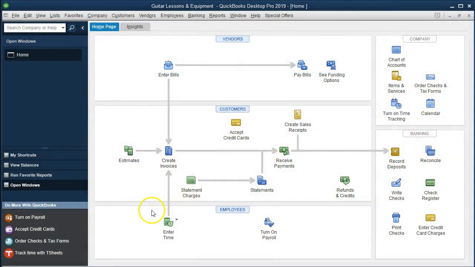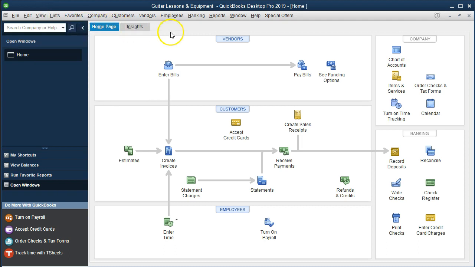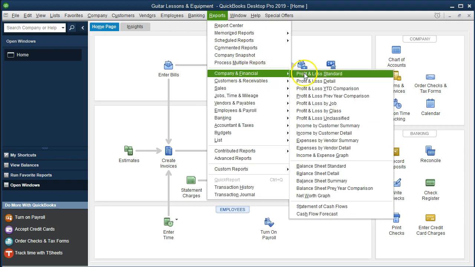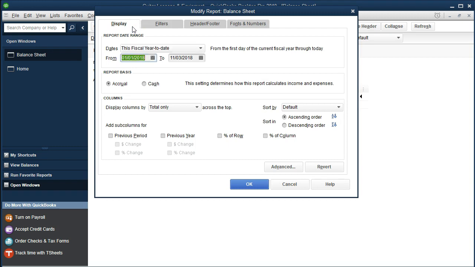Here we are on the home page. We currently have the open windows open. In order to open the open windows, you go to the View drop down and select the Open Windows List. We're going to go into our reports, into our balance sheet, by going to the Reports drop down, Company and Financial, and scrolling down to that Balance Sheet Standard. We're going to change the date range up top to the customized report so we can see the range,